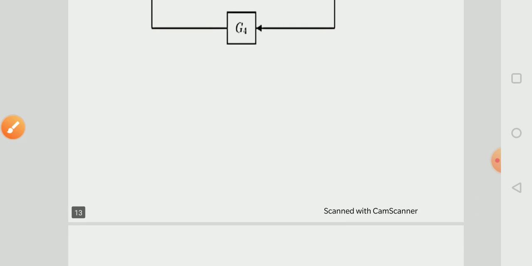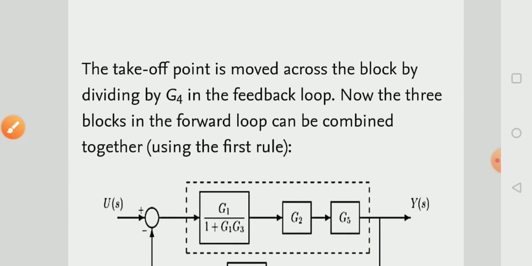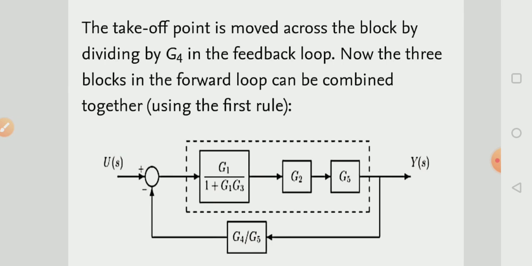So if we apply this rule, means the takeoff point is moved across the block by dividing by the gain in the feedback loop. Now the three blocks in the forward loop can be combined together and make the circuit like